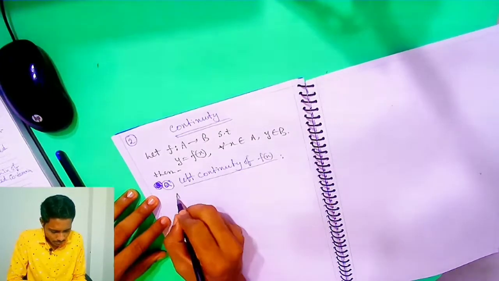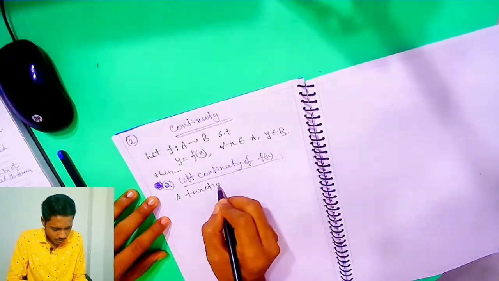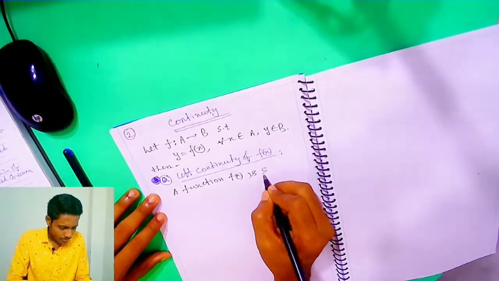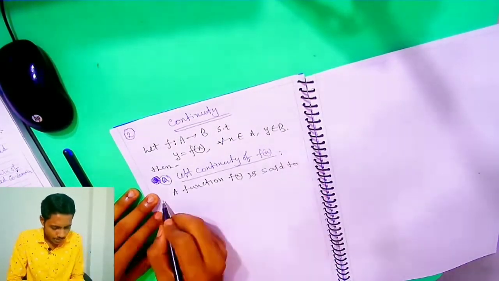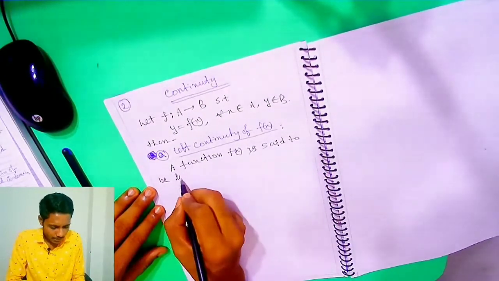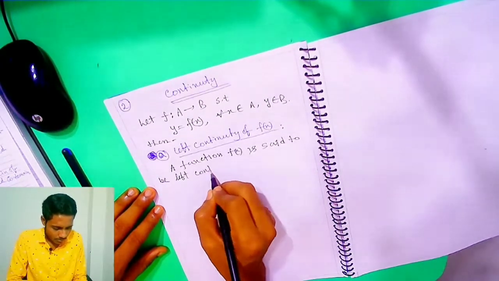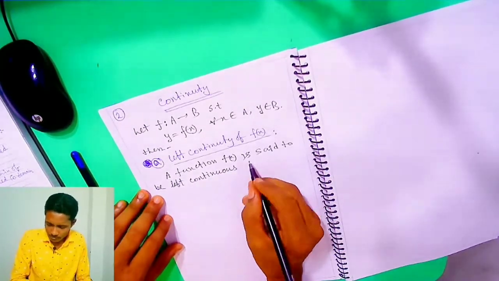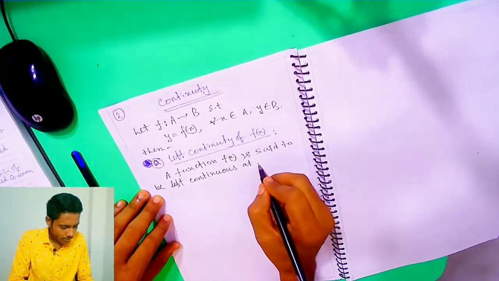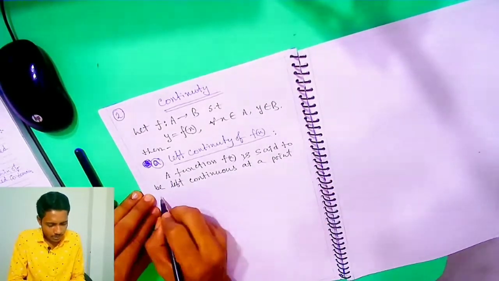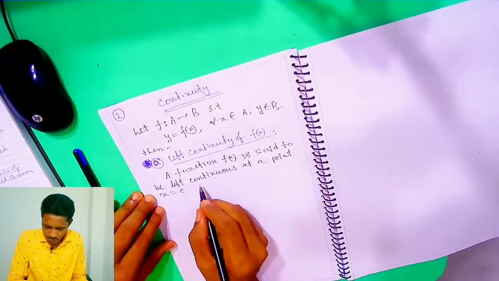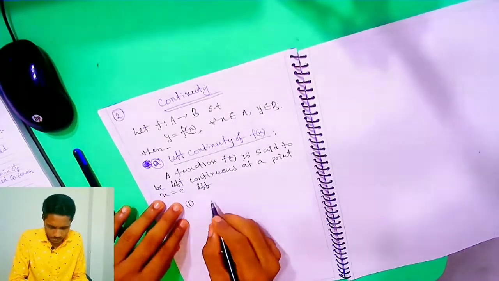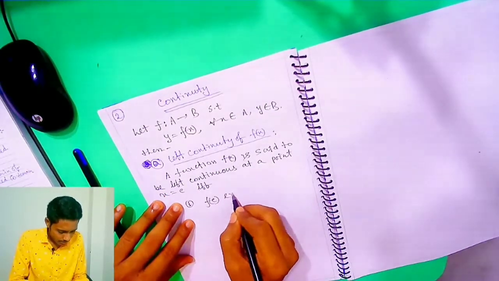A function f(x) is said to be left continuous at a point x is equal to c if and only if, number one, f(c) exists,